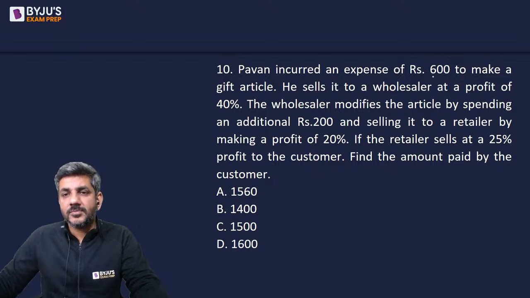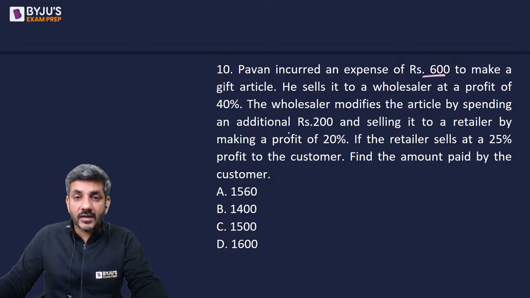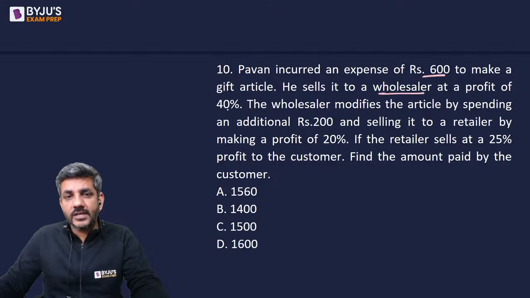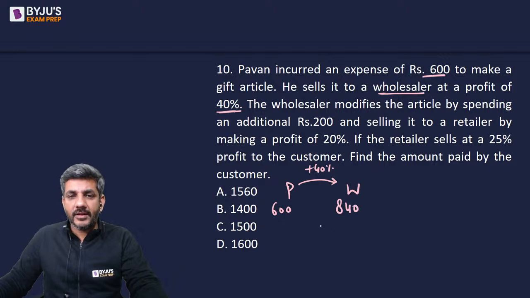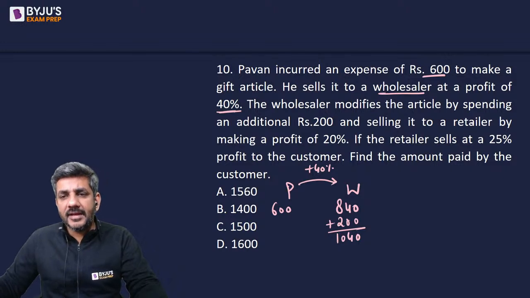Pawan incurred an expense of 600 to make a gift article. He sells it to a wholesaler at a profit of 40%. So Pawan sells it to the wholesaler. He got it for 600. He sells it at a profit of 40%. That means he sold it for 840. The wholesaler modifies the articles by spending an additional 200. So now the cost for the wholesaler becomes 1040, and he sells it to a retailer